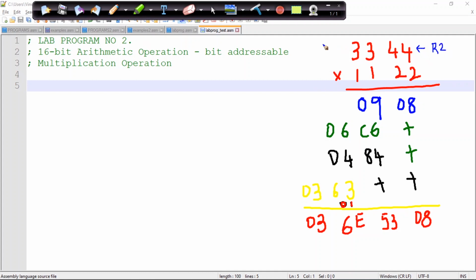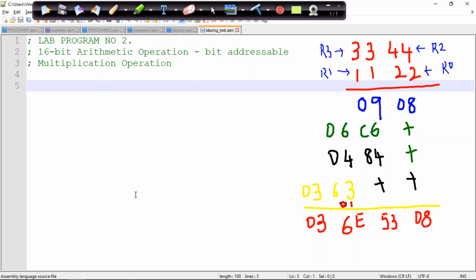And then this higher nibble I'll be storing in R3, and the lower nibble of this I'll be storing in R0. And then I'll be storing this in R1. The higher nibble of this I'll be storing in R1. So let us look at how to write down the program.